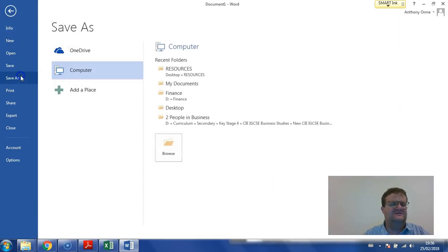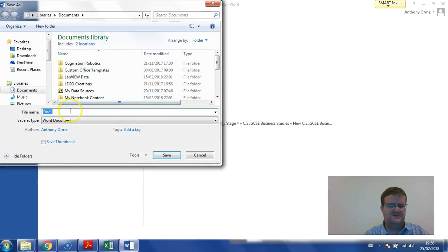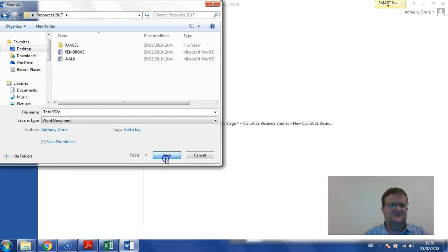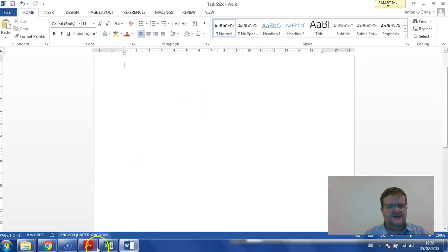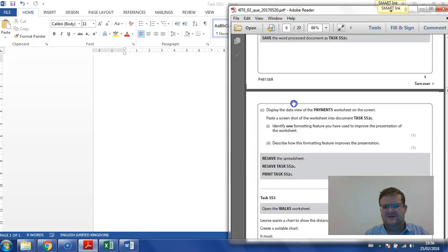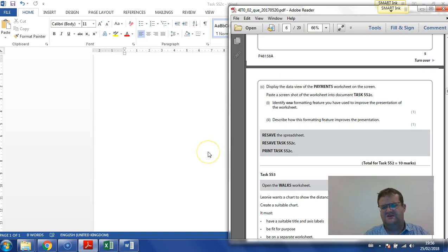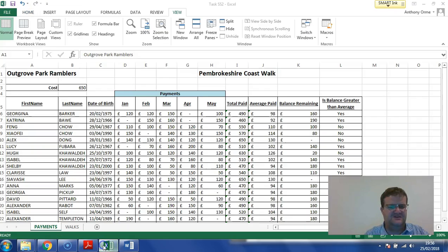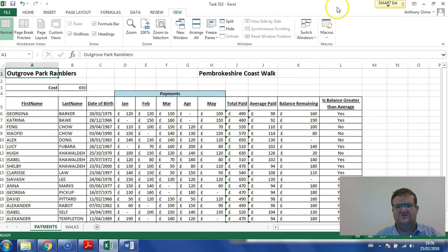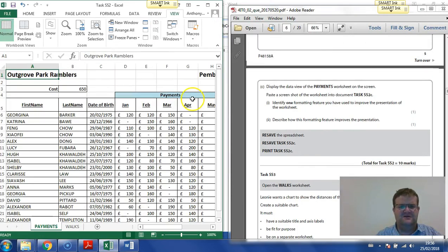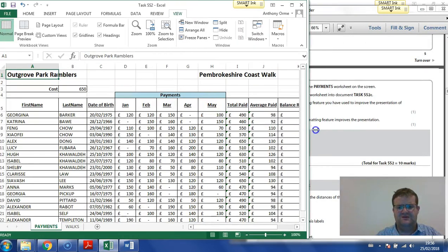and I go File and Save As and Browse. And I call this task SS2C, and I'll go Desktop Resources like so, save. And I need to paste a screenshot of the worksheet and identify one format feature and how that improves the presentation. So this is it here. I'm just going to try and move that across a bit if I can. No, I'll make that bigger,